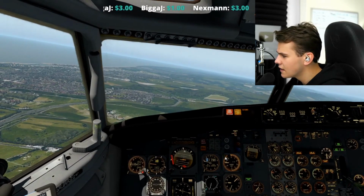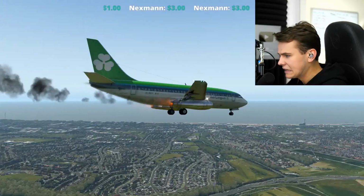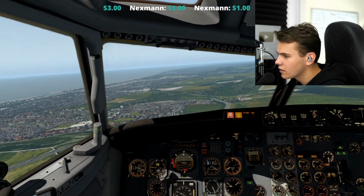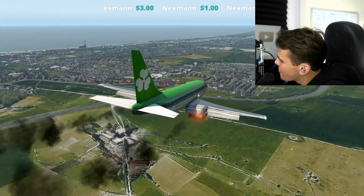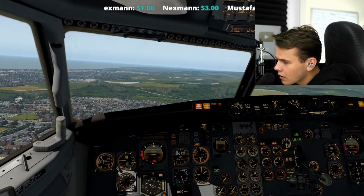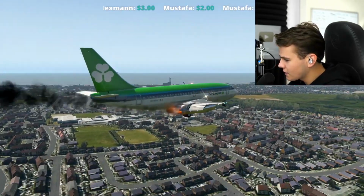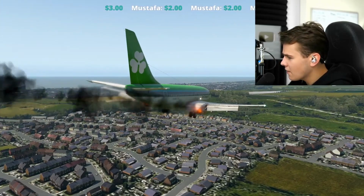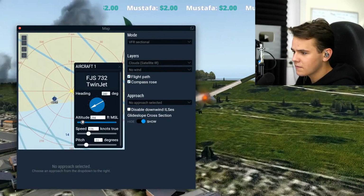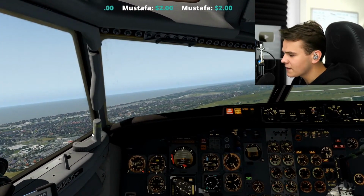Good, so we have now lost our engine here. The problem is we're gonna die. We're not gonna make it down the runway, are we? Okay. See, the gliding capabilities of this little plane aren't all too good, so... New options, new options, new options. Why does this keep happening? This plane is like the worst glider I've ever seen. Let's not crash into this town. But we are. Whoops. I'm sorry. Good. Maybe we can... With a little bit more speed, this is actually...